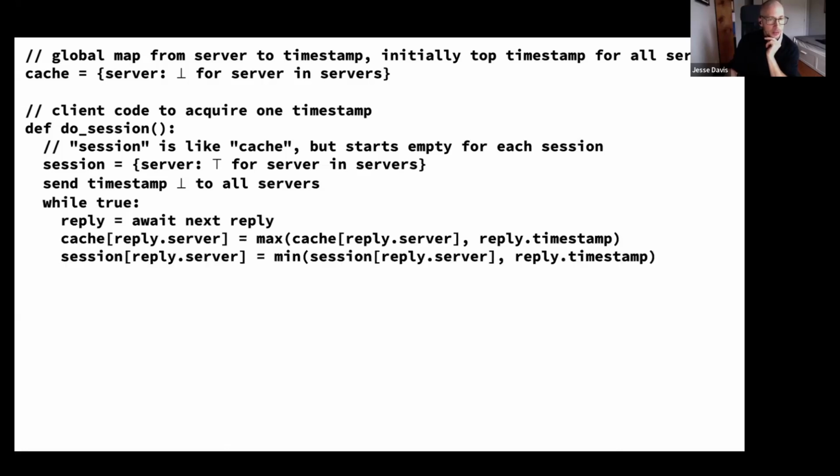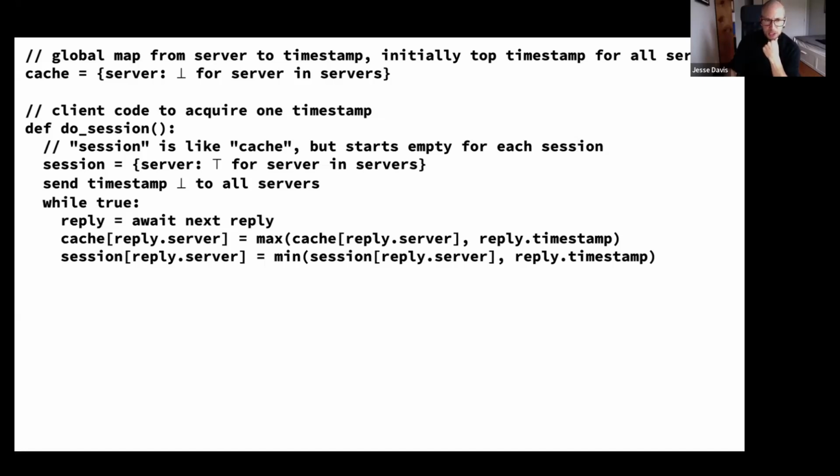When it gets a reply, it updates a global cache by strictly increasing timestamps. It shouldn't have to do this because servers will monotonically increase, but you could get out of order replies. So if you get a 6 and then a 5, you keep the 6. For the local session map, same thing, but now we are storing the minimum.